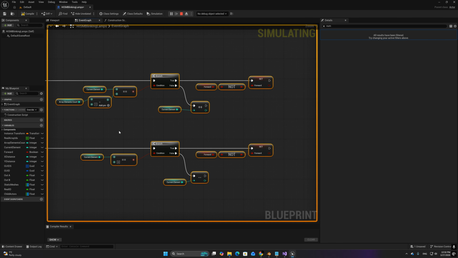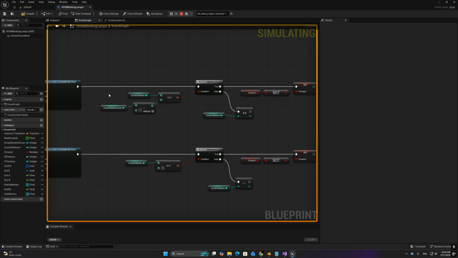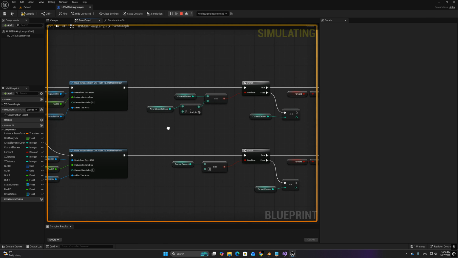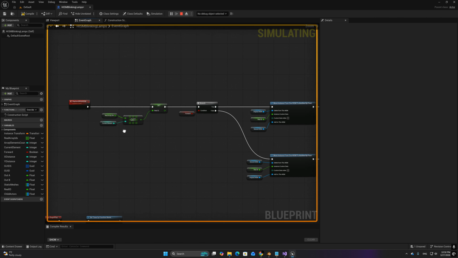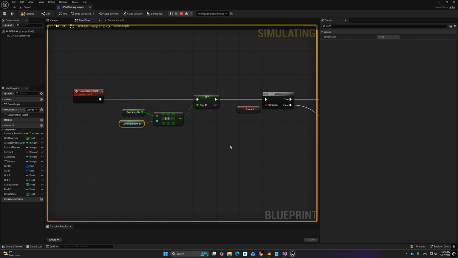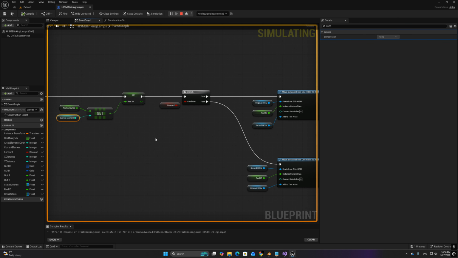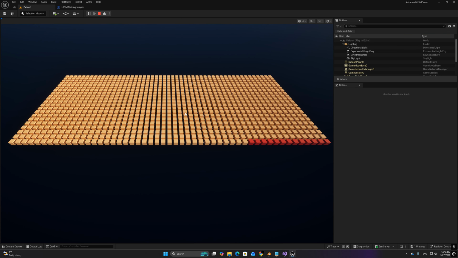You can probably understand it. You just increase and decrease the current element, and that's all. And with the help of this functional library, finally we can, what we can do, guys, we can change materials on